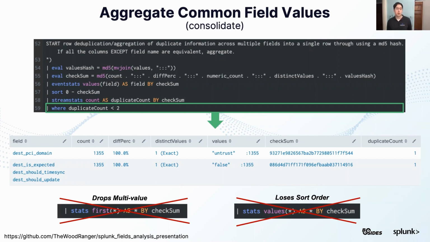It also has the secondary benefit of allowing you to see duplication of values across your data set in different fields, which becomes particularly useful when dealing with things like common information model, right? If two fields are expected to be duplicates in 100% of events, they should be lumped together in the final output. And if not, then there's at least a few events where that differentiation is causing them to result in